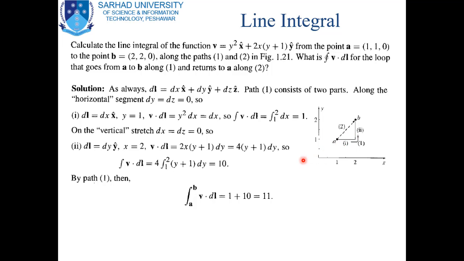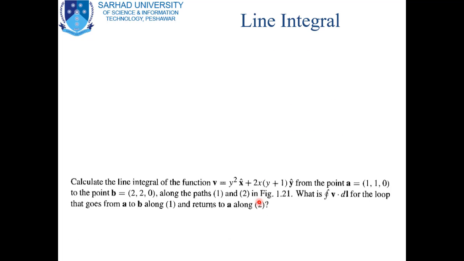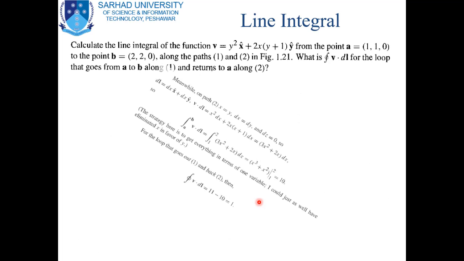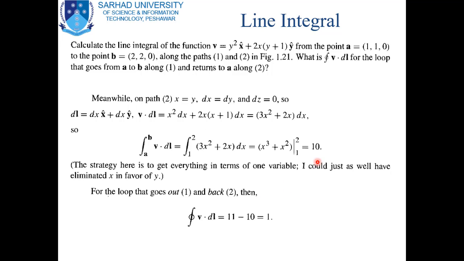Our two values are 1 for the horizontal segment, and for the vertical segment we have 10. So from A to B the integral of v dot dl is equal to 1 plus 10, which is equal to 11. In the second part we have to calculate the line integral from A to B in the direct path,